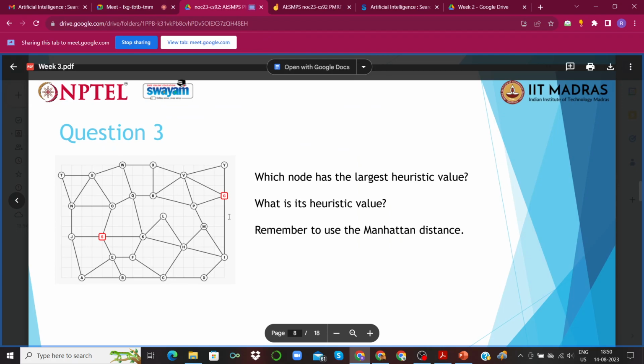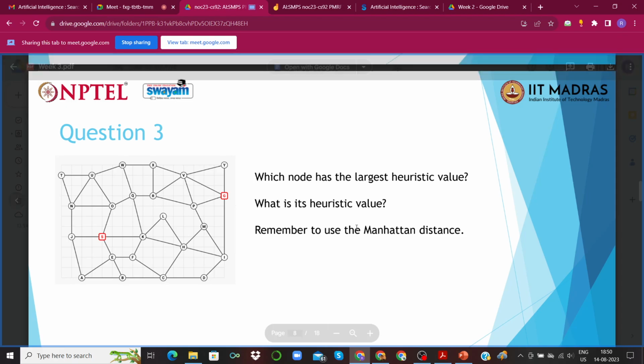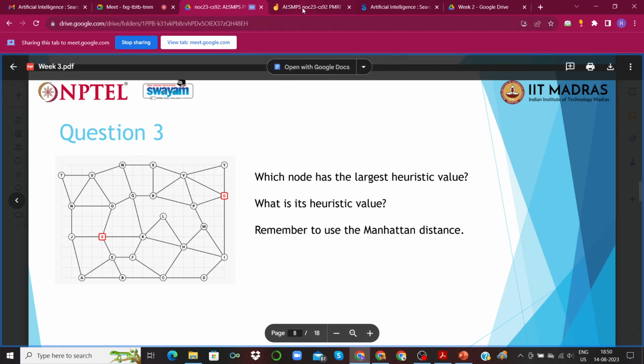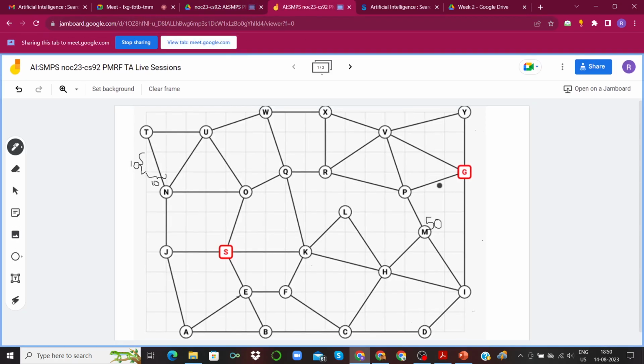So yeah, that is what the question asks us. We have to find the particular node with the largest heuristic value. Okay, and it is trivial that the heuristic value for the goal node would be 0, because the distance from the goal node to the goal node is 0. Similarly, the heuristic value for, let's say, y would be 30.